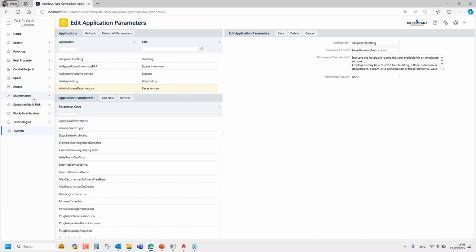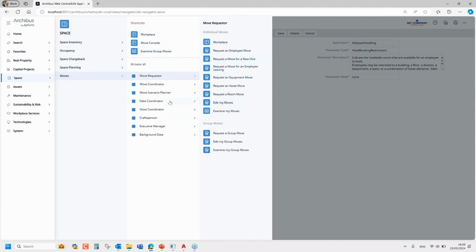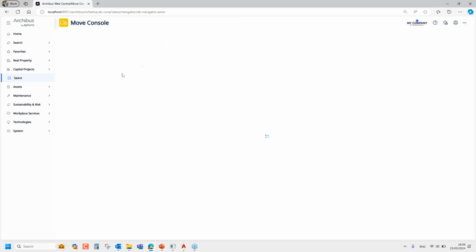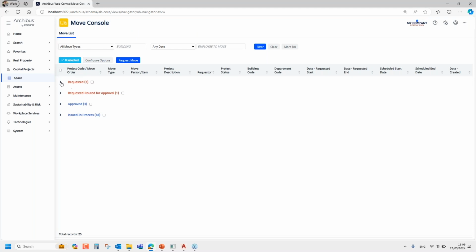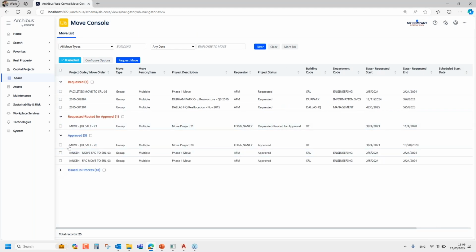Step 6 was implementing moves. Like I said, at this point, if you've got employees and rooms in the system, and you're assigning employees to spaces directly, and you want to allow people to request a move from one place to another, the move management application is already available. There's a whole process in place for requesting the move, for coordinating the move, for closing it out, and there's a console that allows you to follow not just individual but group move requests throughout the system from start